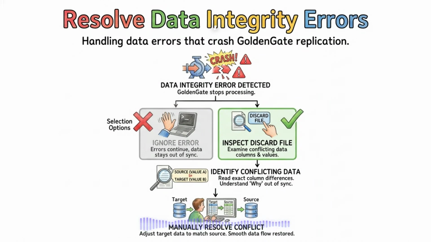The most common cause of a slow Replicat is a lack of proper indexes on your target database tables. When the Replicat tries to update a row, it must first search the entire table to find that row. And if there is no index, it will perform a slow full table scan for every single transaction. Ensuring that your target tables have matching primary keys or unique indexes is the #1 performance tuning recommendation for GoldenGate